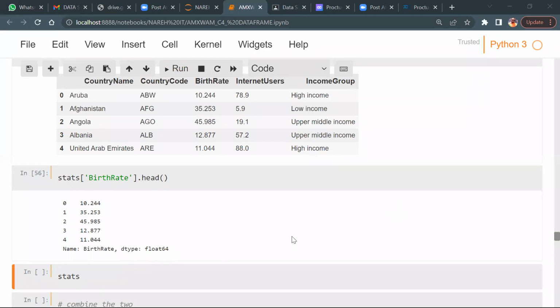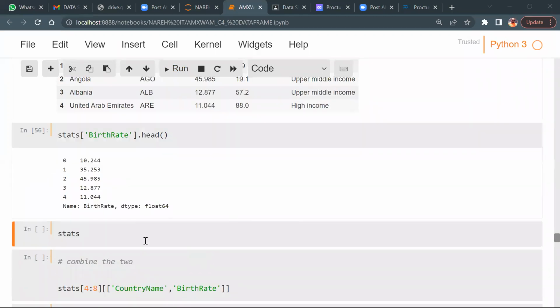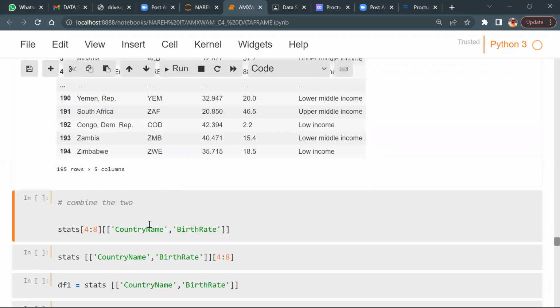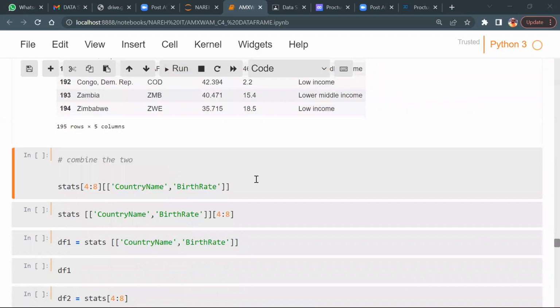Yeah, that's okay. Now let's talk about stats here. Let's run this one. So can you tell me, what about this one, guys? Combine the two. Can you please check the logic and get me the output?